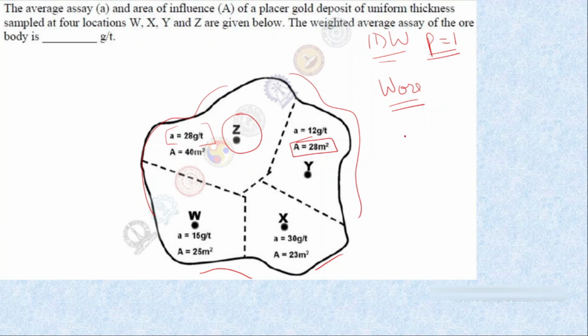Those who have not solved this question yet or have not seen this question yet, you can solve it and let us know the answer in the comment box. We will see if you have given the correct answer, and if you have faced any trouble in solving this question, just let us know, we will discuss it again.